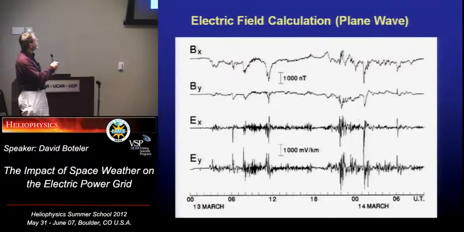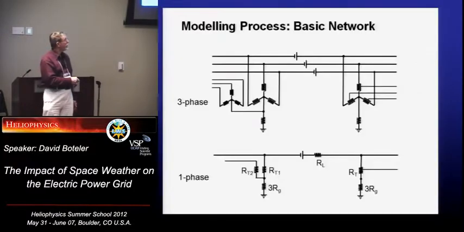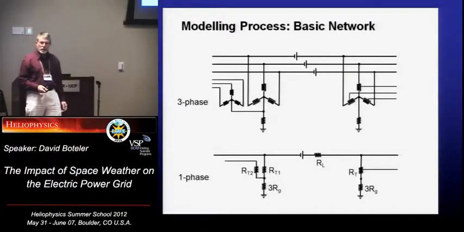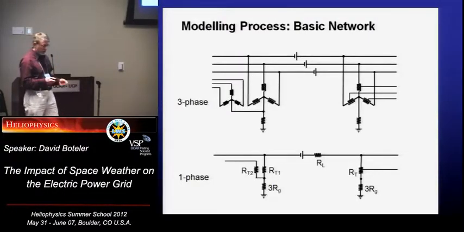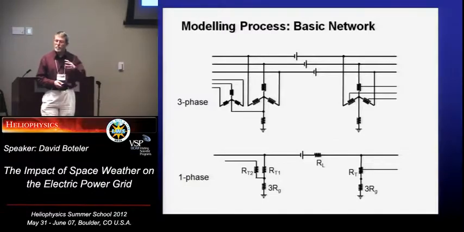And in fact, it's that substorm, that rapid change there, that killed Hydro-Quebec. And you can see the large electric field that generated. And that was what caused the problem. So from that, we can work out what the electric fields are that the power system is going to experience. So the next thing we want to do is to model what the geomagnetically induced currents are that are going to flow in the power system.